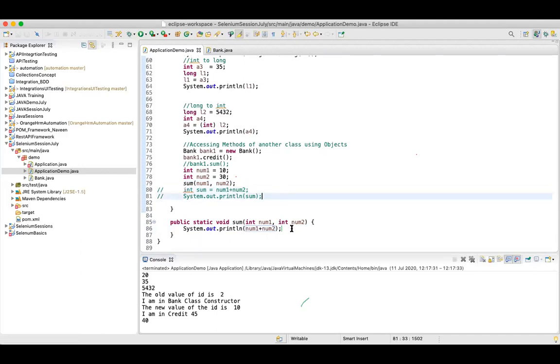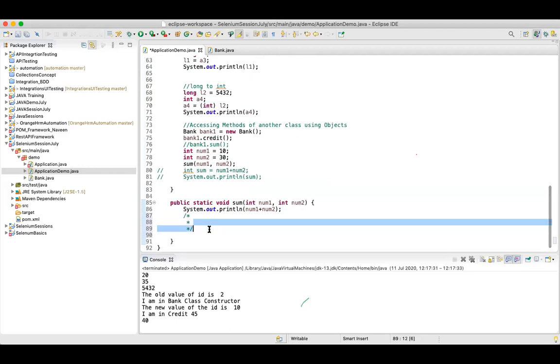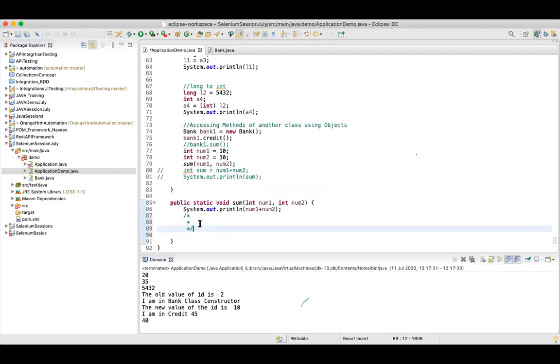Now let's imagine there is one piece of code which takes, let's say, 10 lines. Let's say you want to read a file. To read a file, it will take 10 lines of code. So if you want to read a file over here, you will write 10 lines of code, then do some action. Then again, if you want to read a line, again you will write 10 lines of code, and then do some action.